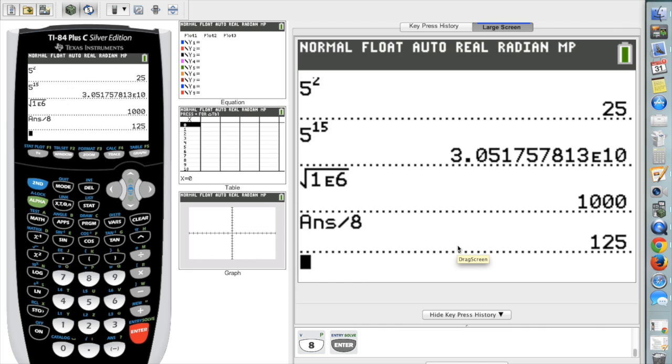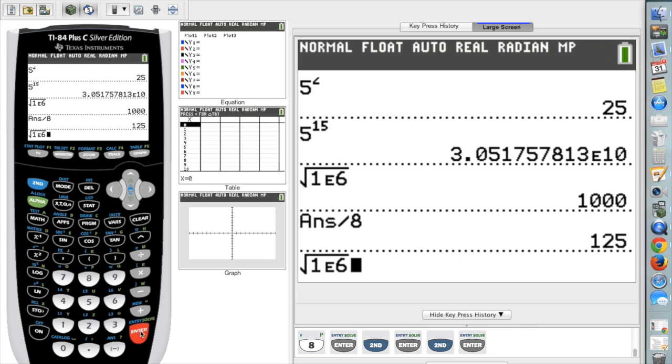I want to find out the square root of 4,000,000 instead of the square root of 1,000,000, but we already entered the square root of 1,000,000 up here, and I'd hate to have to type all that in again. So what you can do is hit second function, enter, and that gives you your last entry. Well, the last entry is answer divided by 8, and that's not what we want because this time we'd actually get 125 divided by 8. What we actually want is the one above that. So if you hit it again,